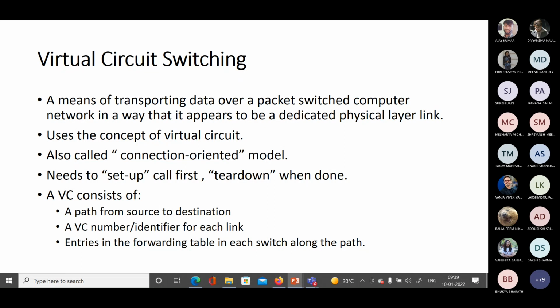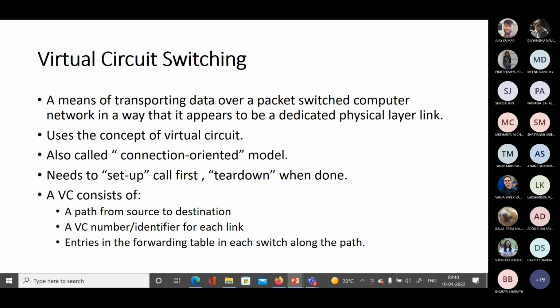Now the catch is, how will the nodes share that this link should be numbered as this, and the other link should be numbered as that? How is all of this information shared with all the other nodes? For that reason we have this setup phase, and finally the communication happens.